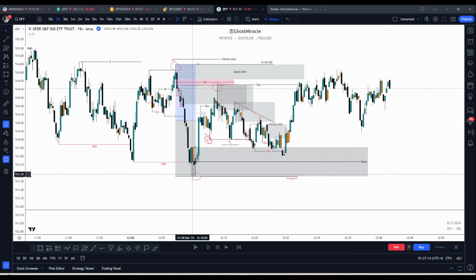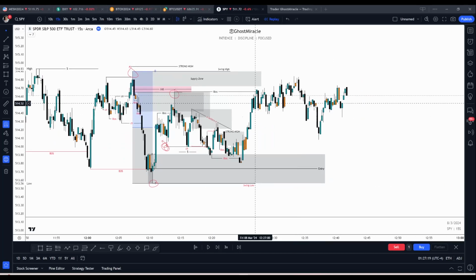Also, because it did not break this overall low that created it, it's a weak high, right? So that's why it was still a valid buy entry off of this order block, because this low created this high. You got a retest, and then once price starts going back up, I more so look for